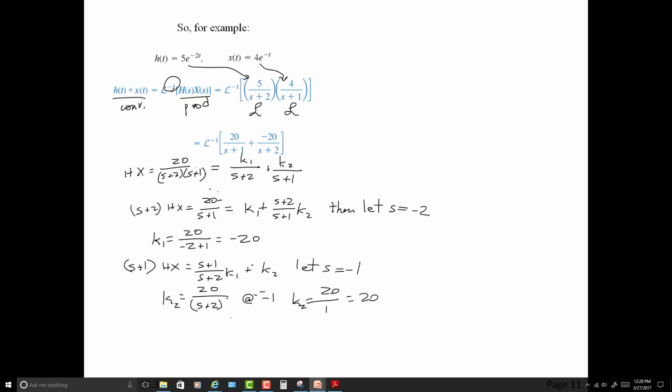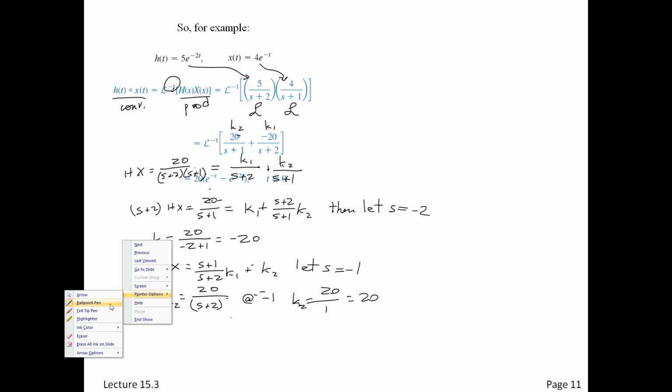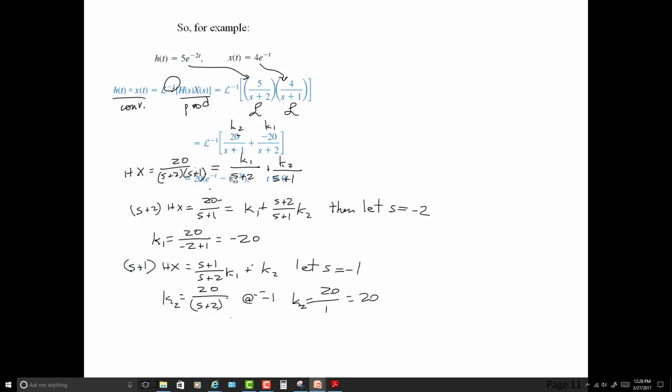Why am I not seeing my pen here? Here we go. So this is k2, and this was k1, right? And off we go. So the convolution is the same as the inverse Laplace of these two individual items. And of course, we like that. Now I may have to get my eraser involved here and look at the pen options. I'll erase some of this under here, and you'll see it nicely that,